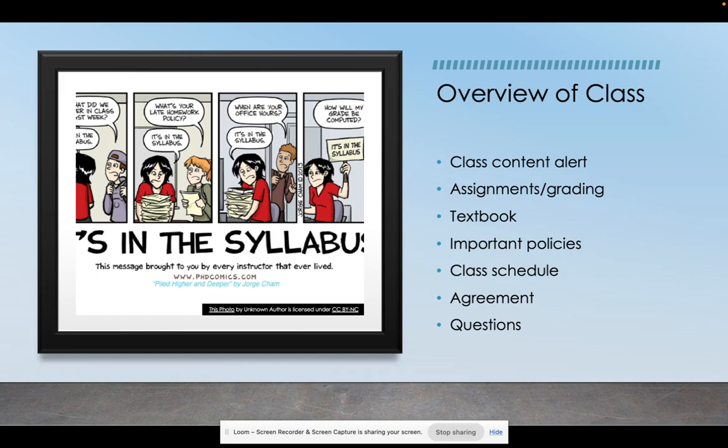And you don't need to ask permission to go to the bathroom or get up or do whatever you need to do. In fact, let's say you get a really important call that you need to take. Just step outside. You don't need to ask permission. Have that important phone call and then come back to class and be as least distracting as possible to your classmates, right? Everyone's paying to be here with tuition, so we want to be respectful. But always feel free to leave if you need to for whatever reason. So just sort of be aware of that.